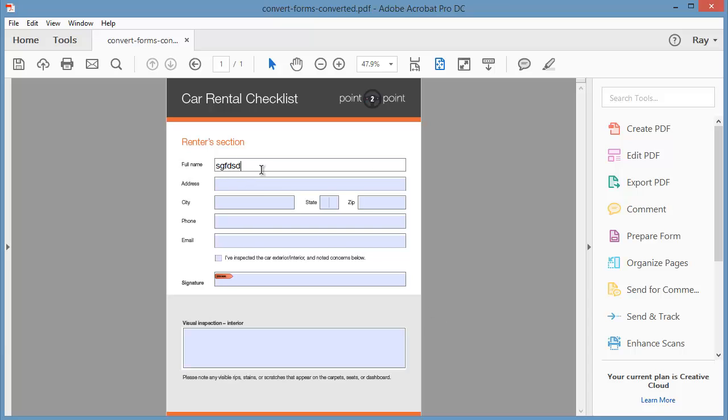I click on the name field, type in some text, I can press tab, and I can just go ahead and fill in the form this way. It has a checkbox where I can go ahead and check. It even has a box for a signature, so that if I were to send this document out for review or signature required, it would end up in the recipient's mailbox and they would be prompted to add a signature